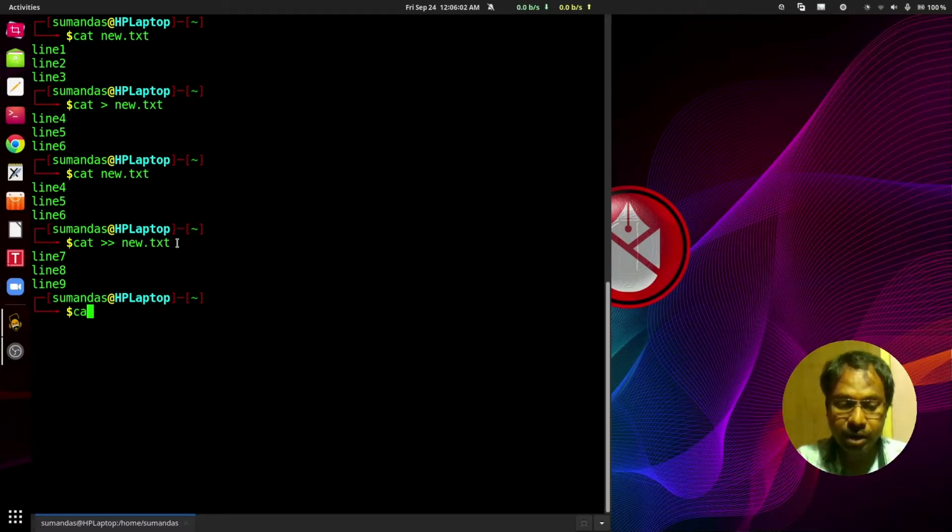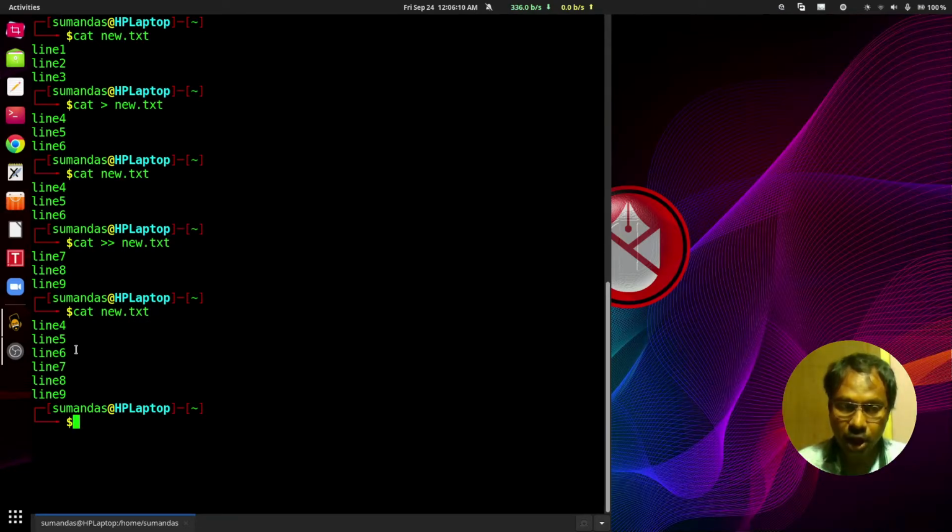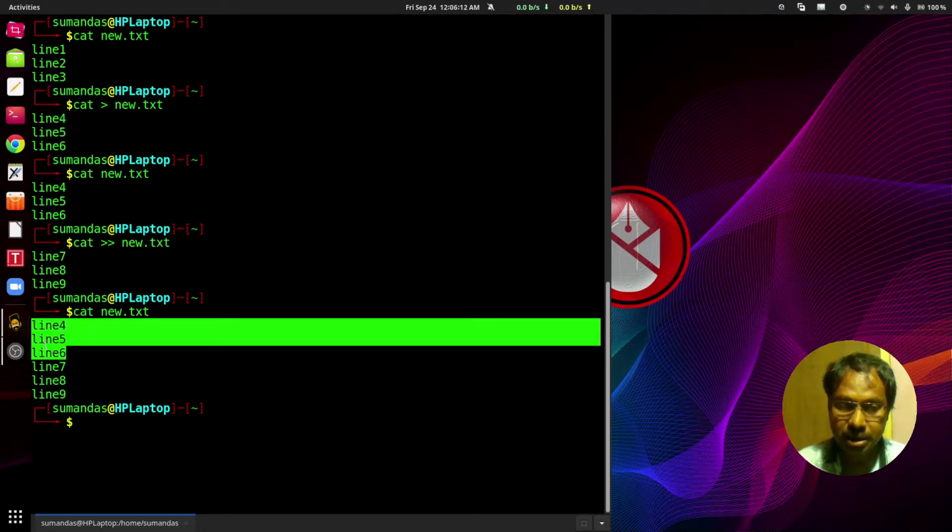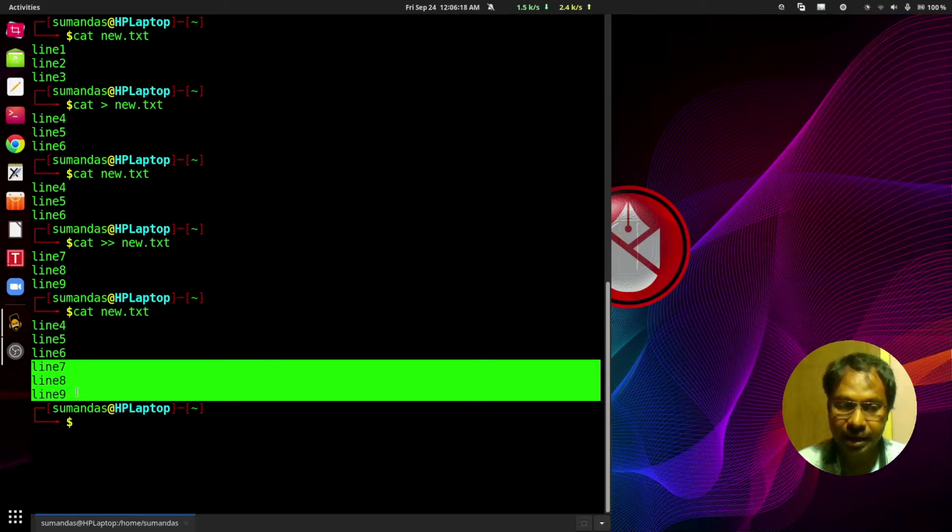Now we may check the content of the new.txt file. Whatever the content previously was, that means line 4, line 5 and line 6, after that line 7, line 8 and line 9 have been added. That means line 4, line 5, line 6 have not been overwritten by line 7, line 8 and line 9.